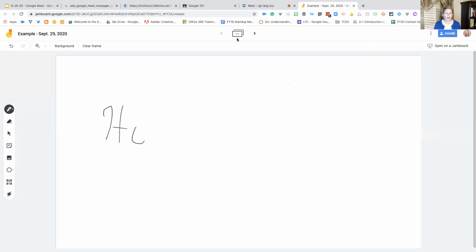But if you look right up here at the top, this is one of one. If I click on the right arrow, I can add another frame. So I can have 2 frames. I don't know if there's a limit. If anybody wants to find out if there's a limit of how many frames you can have, please put that in chat what the answer is. I don't know that answer to that question, but